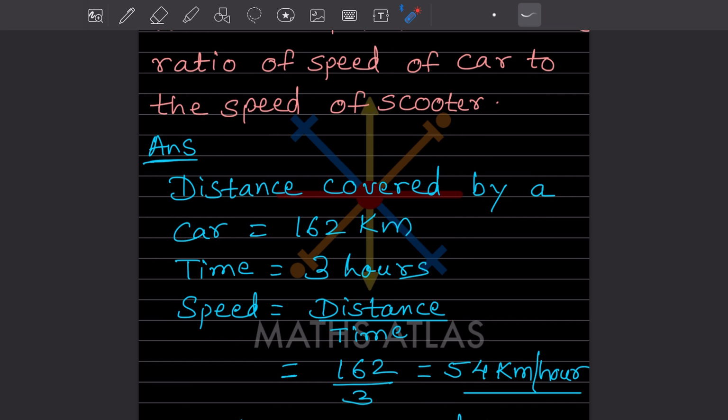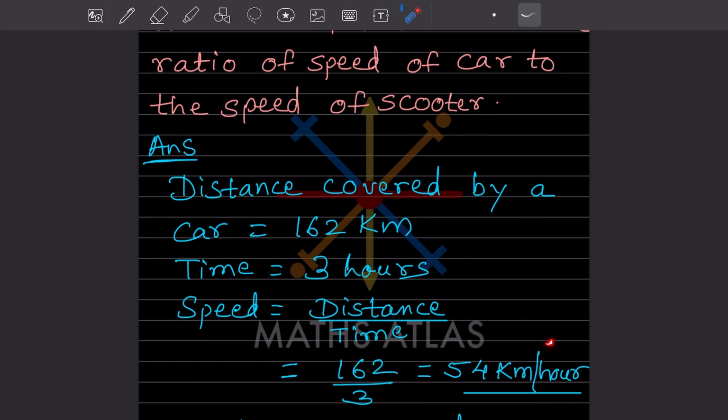This is one of the things I told you. You don't have to; you can make any word, just to remember where the distance should be and where the time should be. If you write the opposite, your answer is going to be wrong, even if other steps are right. So remember this, speed is equal to distance by time. And as I told you earlier, you have to note down the formulas. That is very important. So now see here, the distance is given as 162 and the time is given as 3,